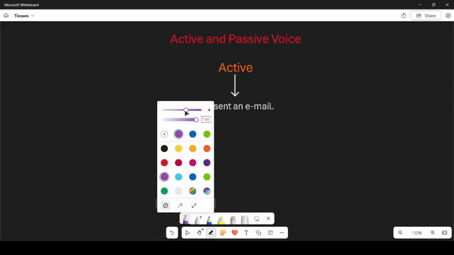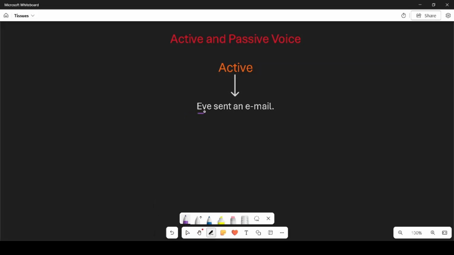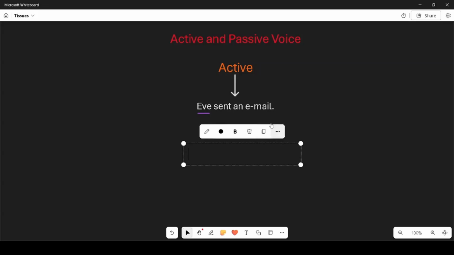Well, we know who the subject is, don't we? It's Eve. And what is Eve doing? Eve is sending an email. So, over here, we're concentrating mainly on Eve. So Eve is our subject over here. Since we're concentrating on Eve, this sentence is in a particular order. For active voice, the particular order would be